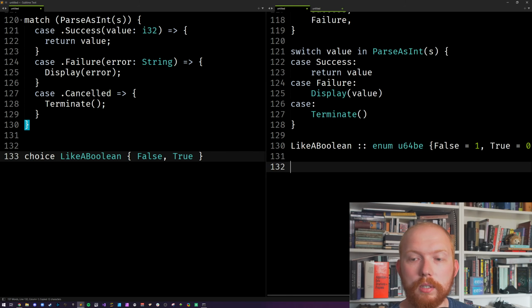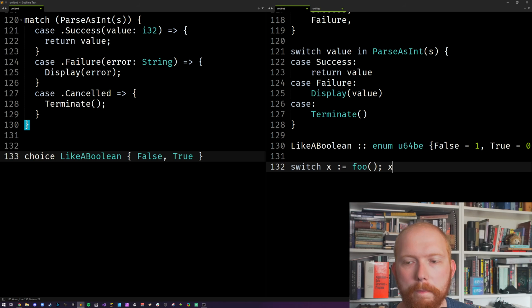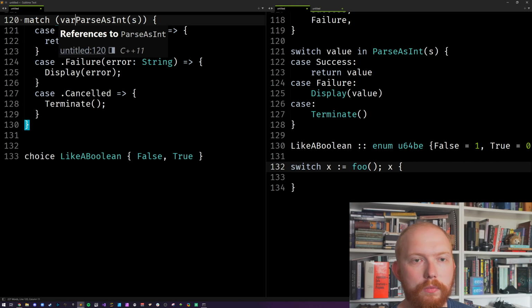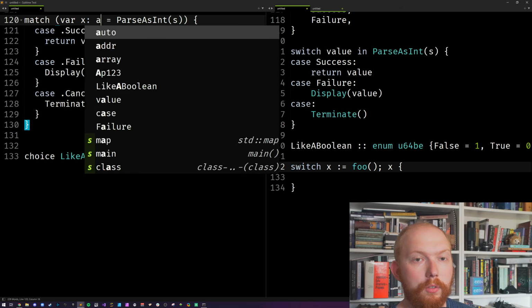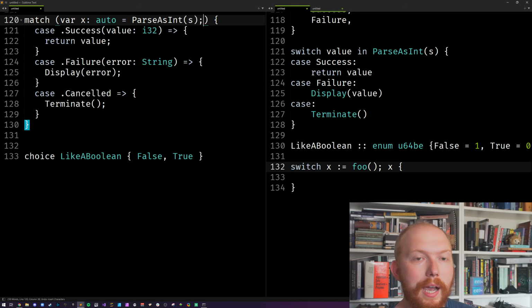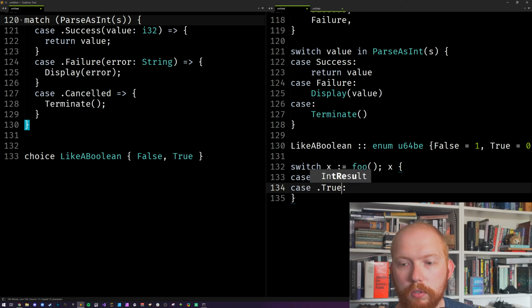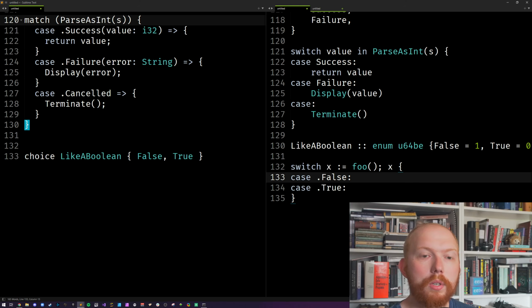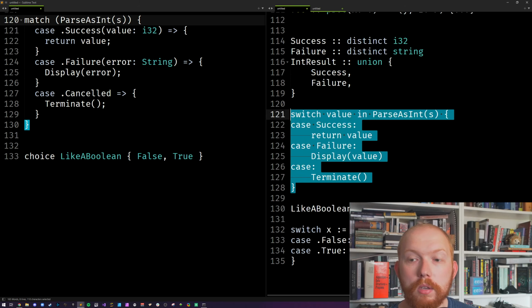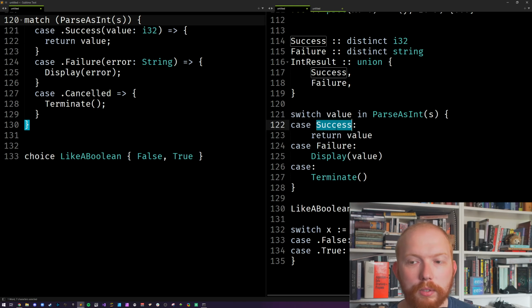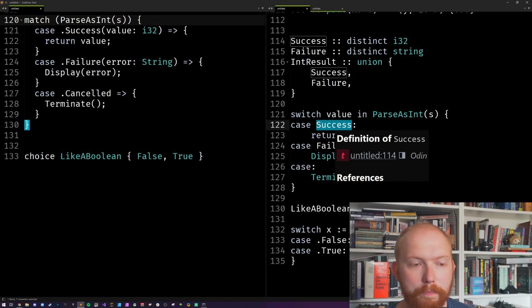Another benefit about the Odin thing is if this is switching on it, so let's say we're just going to have some thing in there, and notice we can declare a little prefix like type in here. I don't think that's possible in here. Maybe it is if they do var x. Like they have to do auto in there as well, and then you do x. I doubt that's possible in their syntax yet, but it might be. In Odin, we can just do this. We can say false true, and then we've got all the cases handled. And in Odin, it will yell at you if you do not handle all the cases by default. That's wonderful. Same with the unions as well. If you do not handle all the cases by default, it will yell at you. Which is, again, very nice.